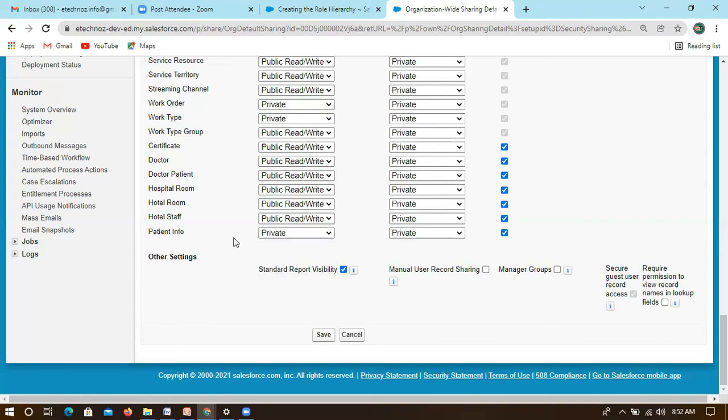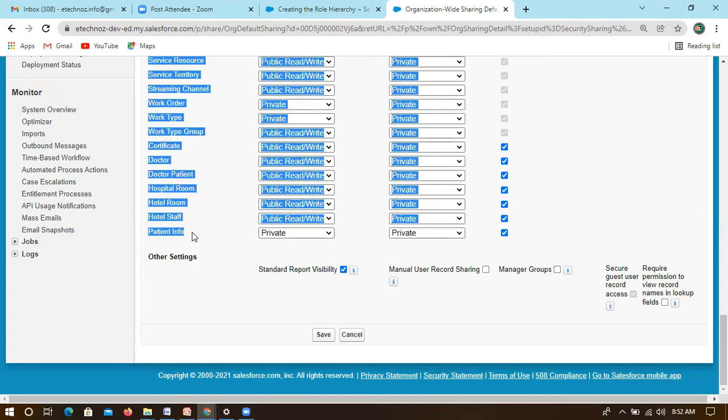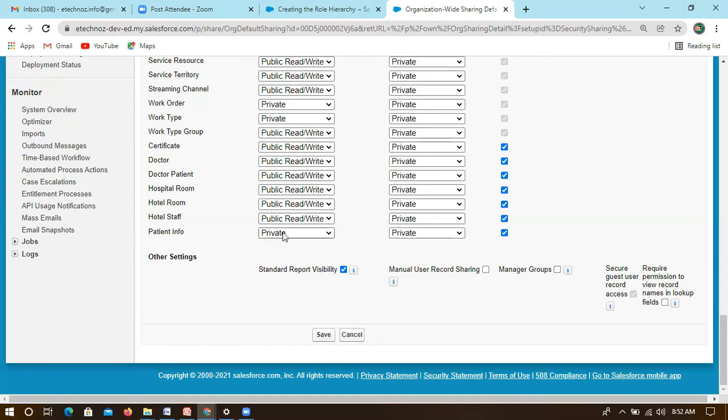If it is private, then no one can access it except the record owner. Only the person who created the data can access this information. The others can't even read it.